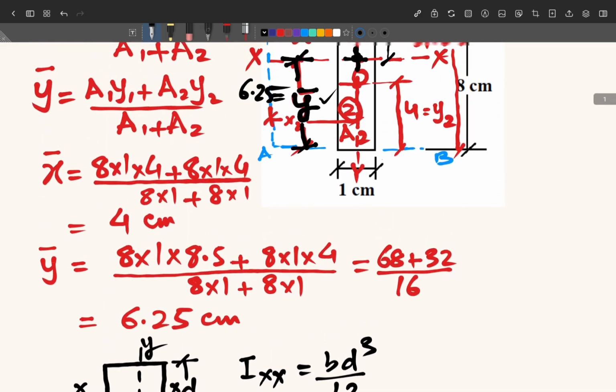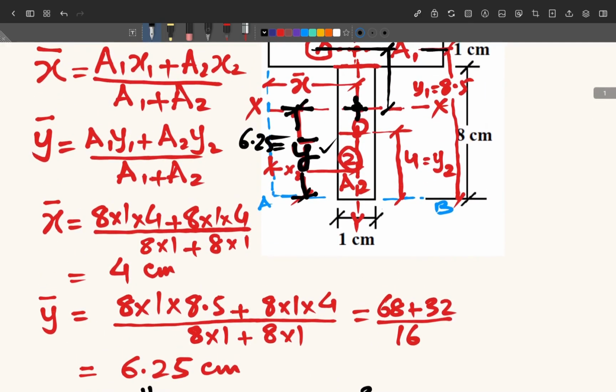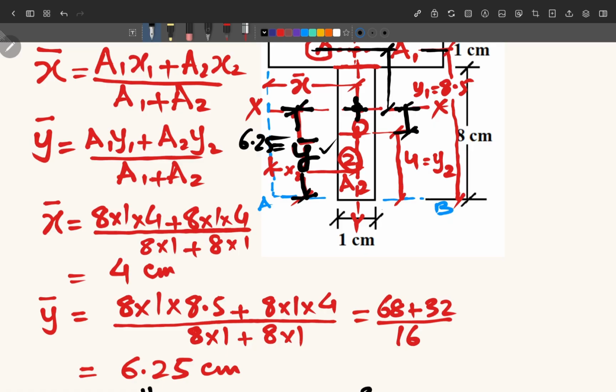We also have one more area which is vertical. This is area A2 and it is also 8 into 1. So we have to look for its moment of inertia about the x-axis of the T section. Right? In this case its axis is not coinciding with the x-axis of the T section, and there is a difference of how much? 6.25 minus, okay, so this is the distance,